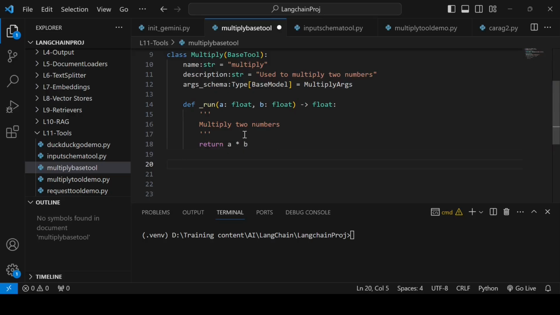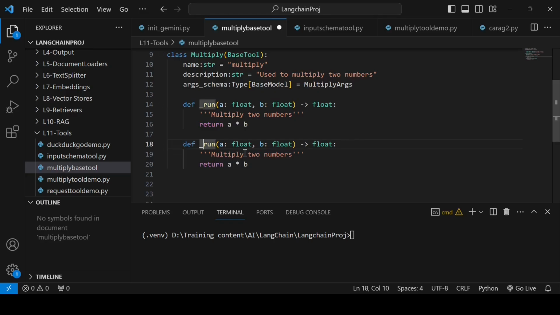Then I can create, and then I can do one thing, _arun, a float, an async version of multiplying two numbers, right?